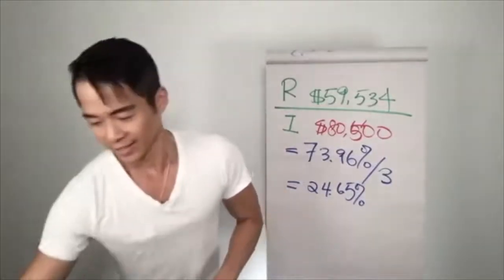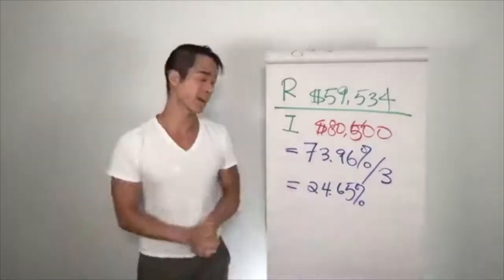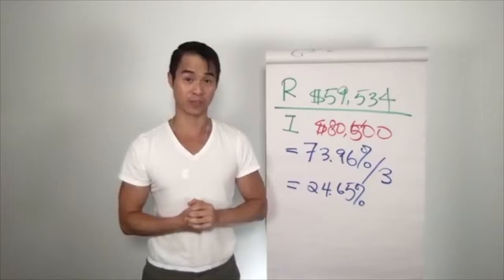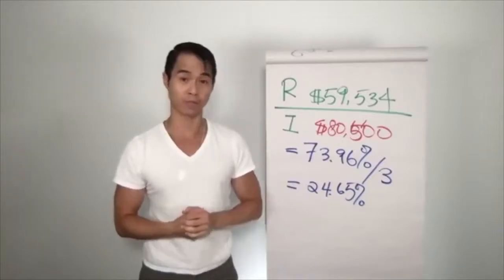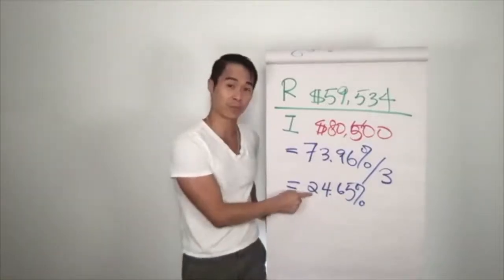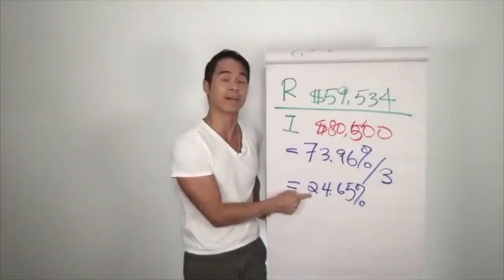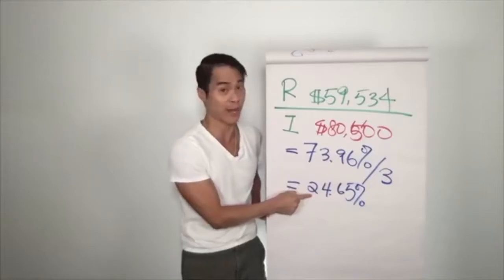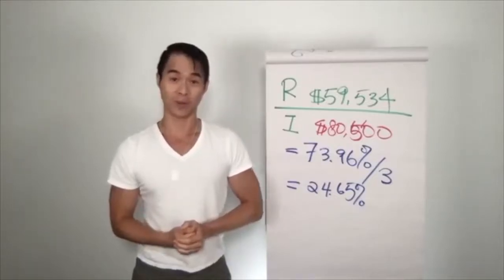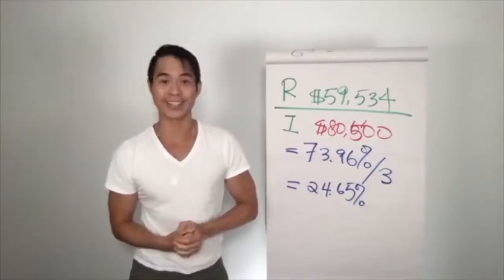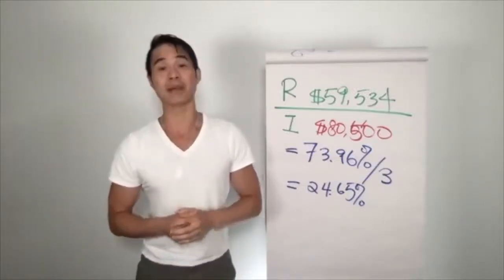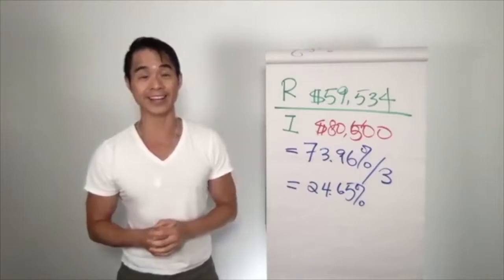Okay, so at this point, I just want to ask you guys this. A monthly cash flow of $1,190, first of all, and you buying a property for $350,000, your money's been making 24.65% secured against hard asset, very little to no property management headaches, and you help somebody realize the goals and dreams of home ownership. What's not to like? So I hope you guys followed along. If not, like I said, make sure you go back and watch this again and again until you get it.